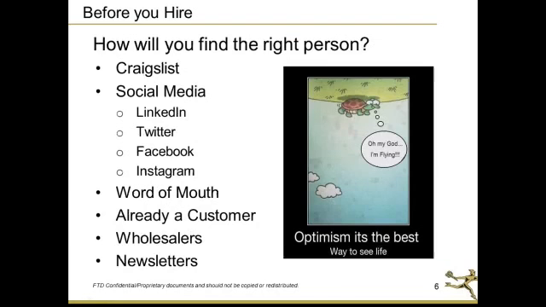How are you going to find the right person? Oh, geez. Optimism is the best way to see life, isn't it? Now we're finding a lot of people using Craigslist; placing ads in the newspaper and that sort of thing just don't seem to bring people in. We're looking for social media, and social media is kind of a demographic thing. If you're looking for younger people, they're using Instagram. Folks that are probably between 30 and in their 50s are using Facebook. LinkedIn is a place that you're going to find more people probably looking for jobs. It tends to be more business-oriented than the other ones that are more social. And so we're using those things for hiring.